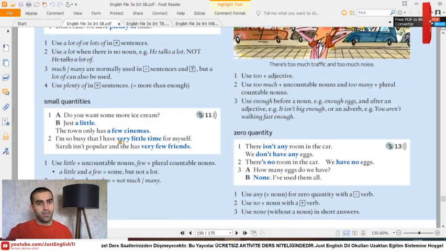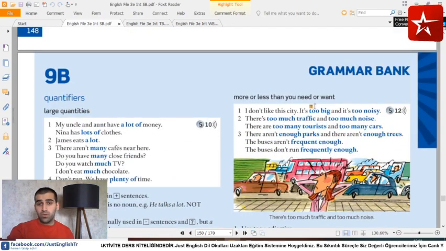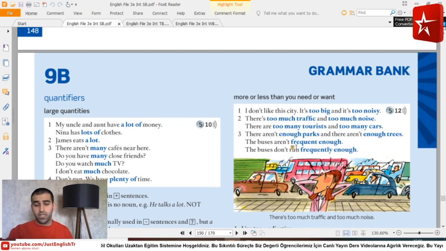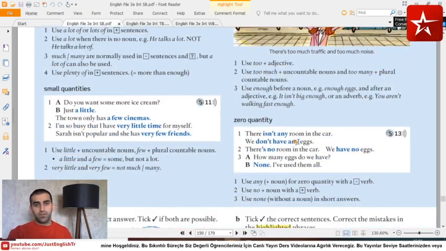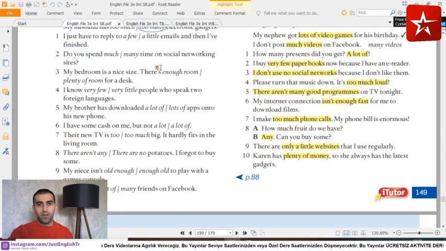And we have a little, very little, a few, and very few. We use a little and very little with uncountable nouns, and we use a few and very few with countable nouns. And we have too, we use adjectives after too, and we have too much, too many, after them we must use nouns. And we have enough, we use enough before nouns, after adjectives and adverbs, as you see. The last one was about the zero quantity. We talked about it in the first part of the lesson. We use any with negative sentences, not any, and we use no with positive sentences with a negative meaning, and none in a short answer. So here we stopped